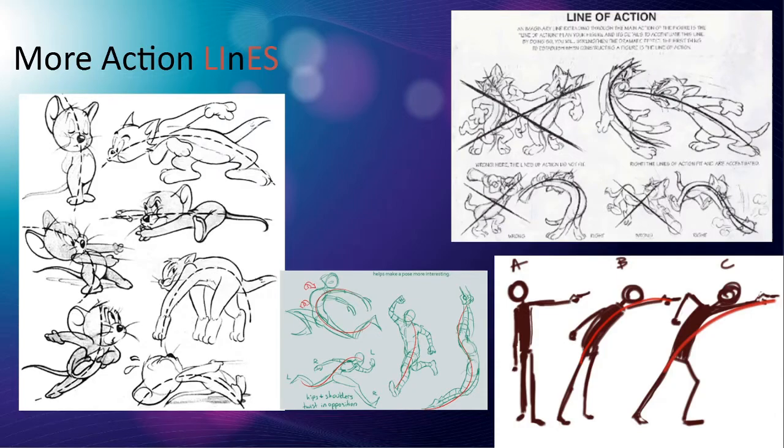Here's an example of Tom and Jerry, from some textbook somewhere, showing action lines and how they can work really well, and then how you can use action lines poorly and they don't work as well. This punching doesn't feel as dynamic or explosive or exciting as this one over here. You see how this action line, this arc of the back followed by the leg and the club or whatever that is, feels a lot better than this one here. And you can get those action lines better if you use long flowing lines and not sketchy little lines.